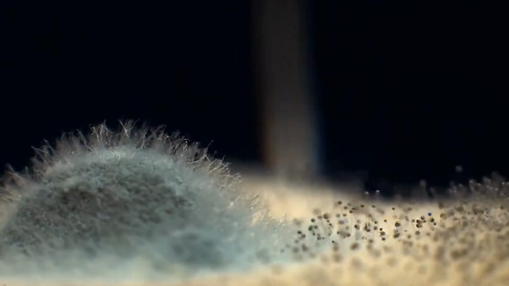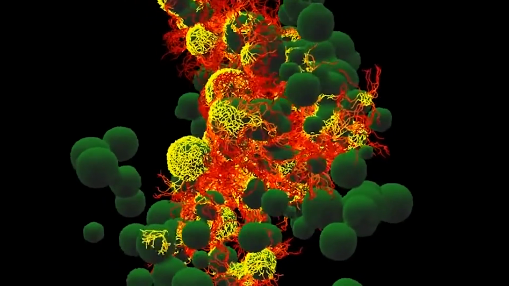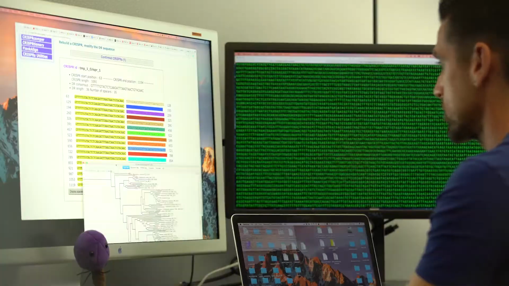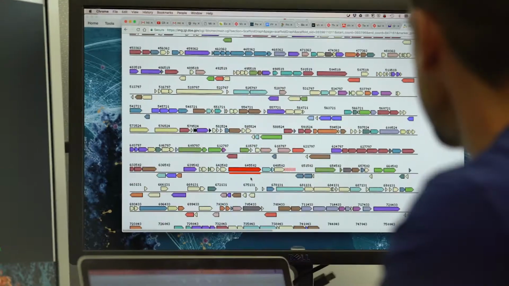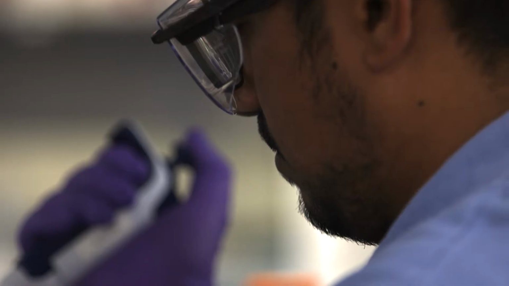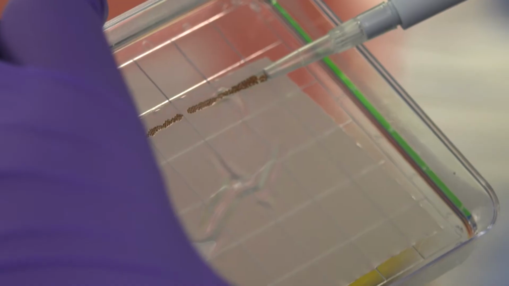Viruses are the most abundant biological entities on Earth, and it's really important to understand more about them. What we are trying to do is use computational approaches to discover viruses, to study their distribution on Earth, to link with their host when that's possible, and then try to use them for some biotechnological applications.